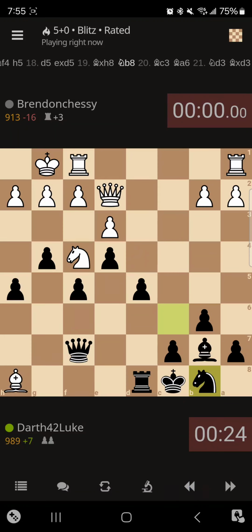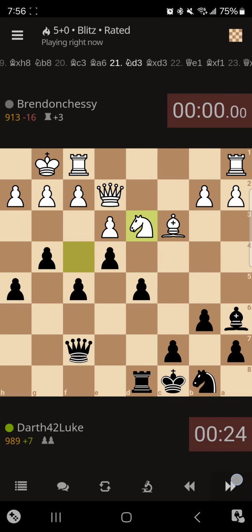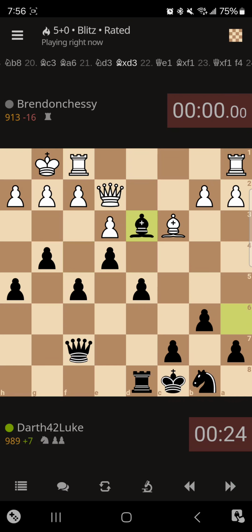So here, if he wants to save his bishop, which he does, he moves back, and then I put my bishop on the diagonal that's going to skewer his queen and his rook. You guys see what I'm saying? Put it in the comments if you don't. So he blocks with a knight. Well, he doesn't even realize he gives me a free knight there because I just take that, and now we're